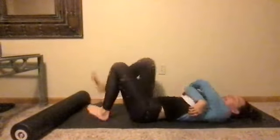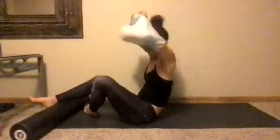Now for a moment, hug your legs. I am going to take off this jacket since we're warming up, and you're going to hug your legs in though. And when you're ready, take your legs long. You can do this on the floor or the roller. So if you have a roller, put the roller at where your heel meets the ankle on your calf,